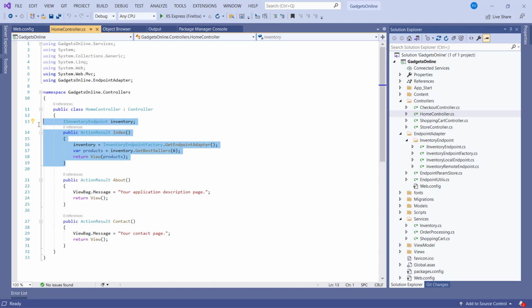Then in the next stage, we selected one node, which in this example was an inventory class, created a group with the single node called inventory service, and extracted that group as a separate microservice. And in the end, what we got was a microservice, a separate ASP.NET Web API project, exposing my inventory class over the REST API using an API controller. And my existing application code was modified using an endpoint adapter. And wherever I was making local calls to my inventory service, those calls were replaced by remote API calls using the endpoint factory.